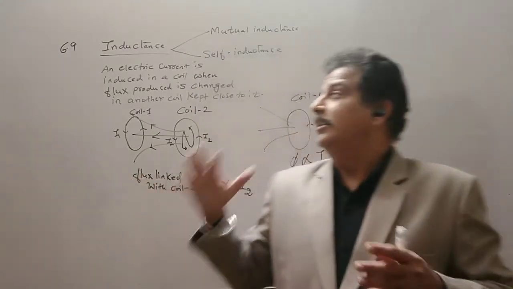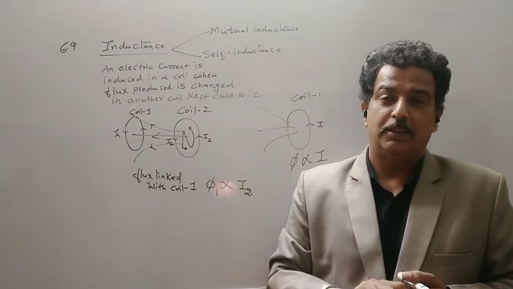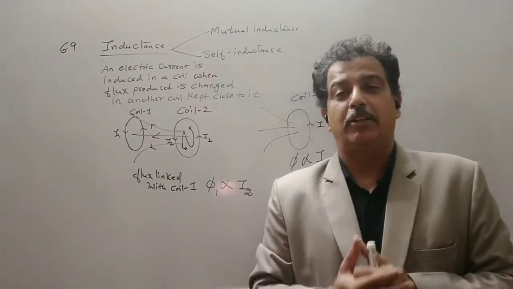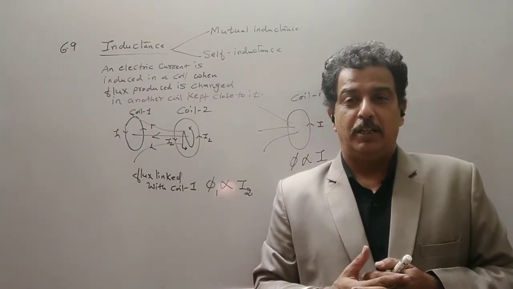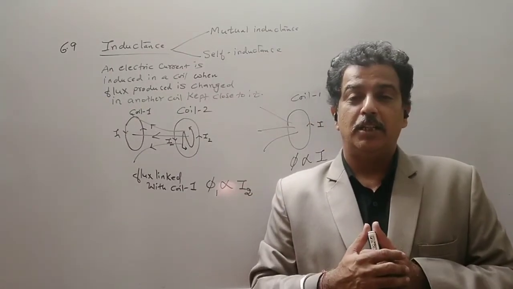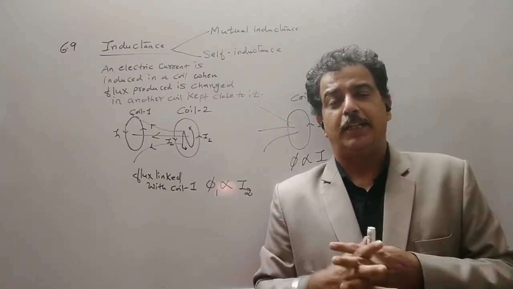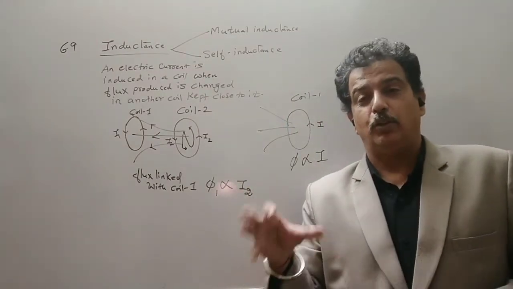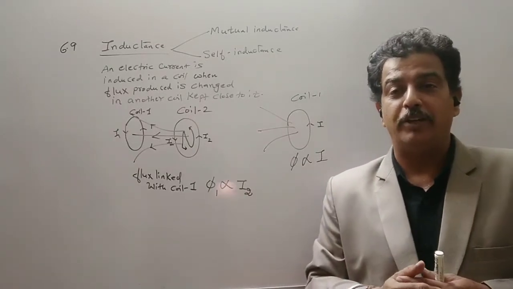When we understand, we will define a new component called an inductor. Like we have a capacitor which was used to store electrical energy, an inductor will be used to store energy in the form of a magnetic field. So it opposes the change. It initially opposes the change. It is similar to inertia. So it opposes the change, and we know that when anything is opposed and external work is done, it will be stored in the form of energy.